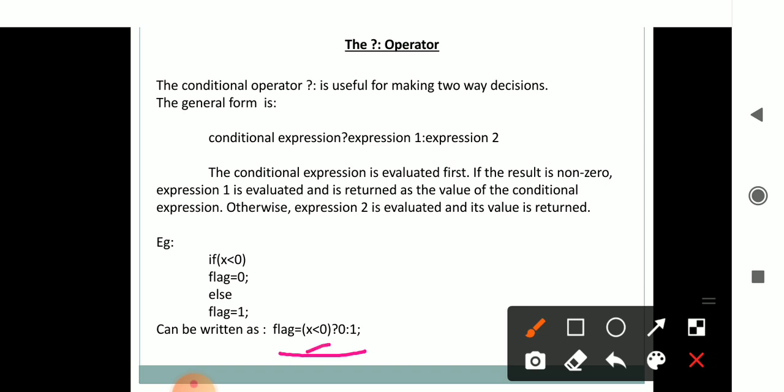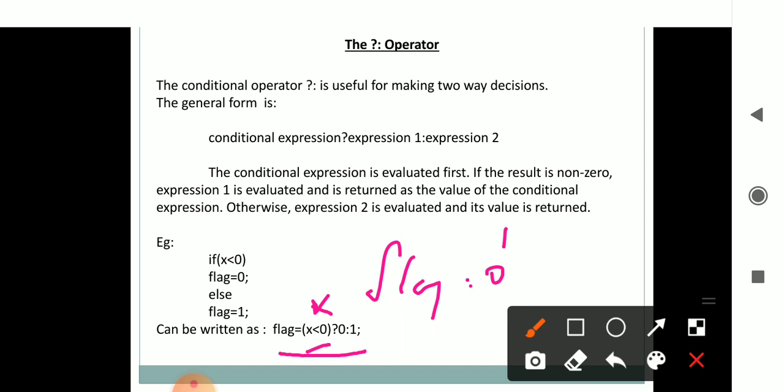X less than 0 will be checked. If x is less than 0, that means if this condition is true, flag will be equal to 0. Or if this condition becomes false, then flag will be set to the value 1.